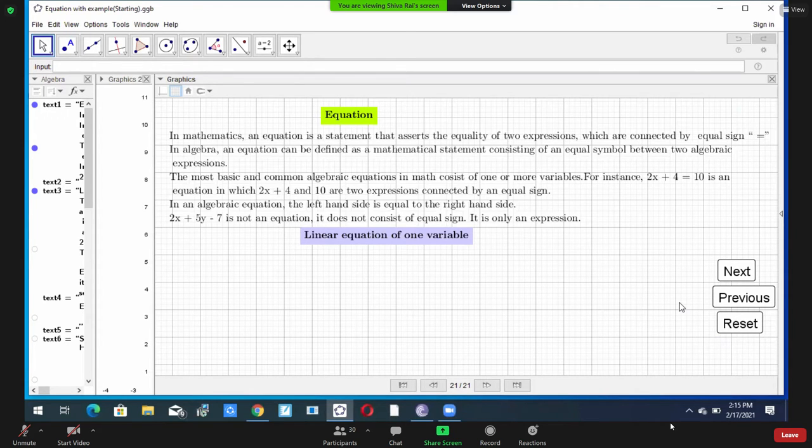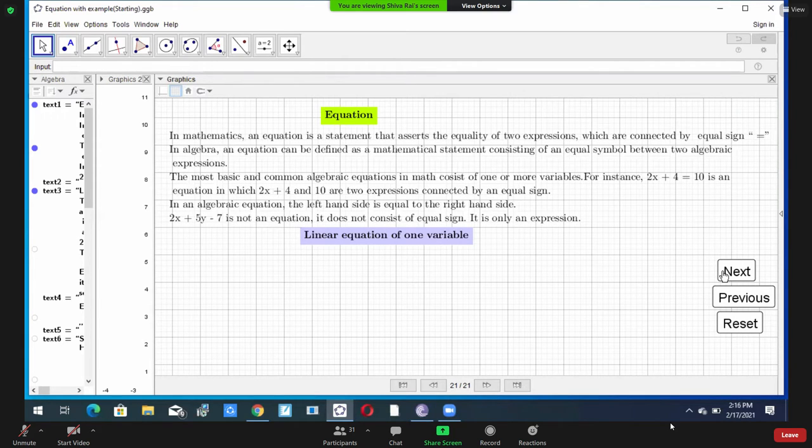After this linear equation, you have some idea about linear equation. You know equation, you know quadratic equation. We deal here especially about two types of equation. First of all, linear equation of one variable, and another linear equation in two variables. After that, we'll discuss about quadratic equation also. But at first, linear equation.